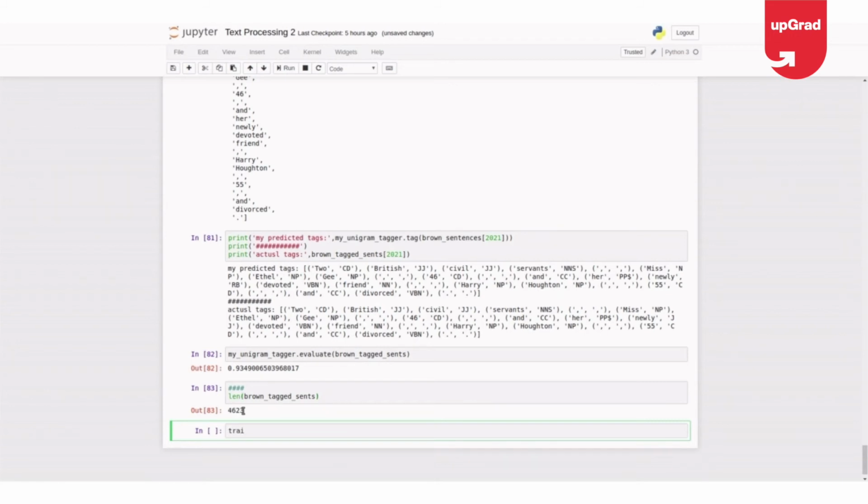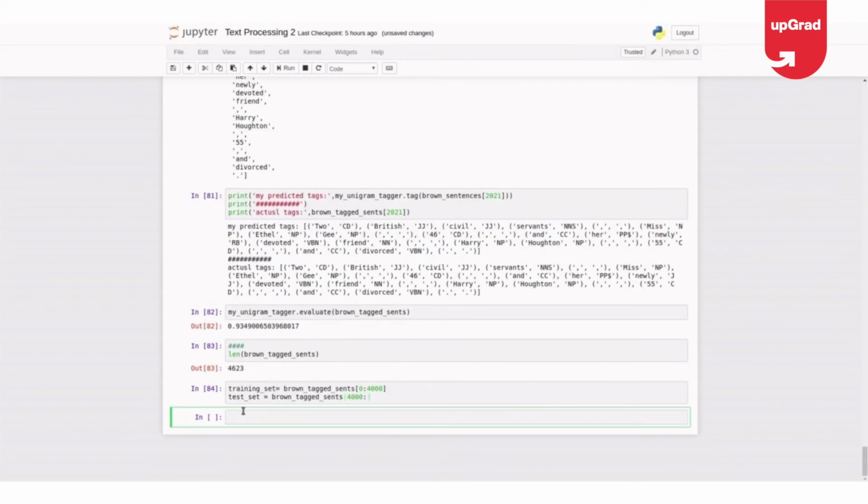So my training set is brown tagged sents of 0 to 4000 sentences. Test set is brown tagged sents of 4000 to the rest.